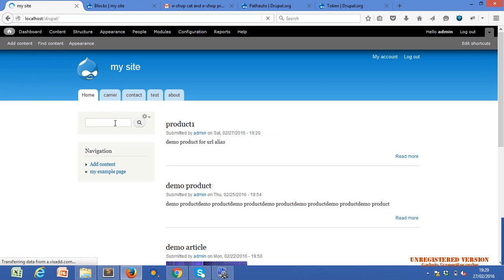So this is the search bar, or search form, you can see. I want to put this search form into the header section here. My requirement is to put this search bar into my header section. Let's see how we do that.